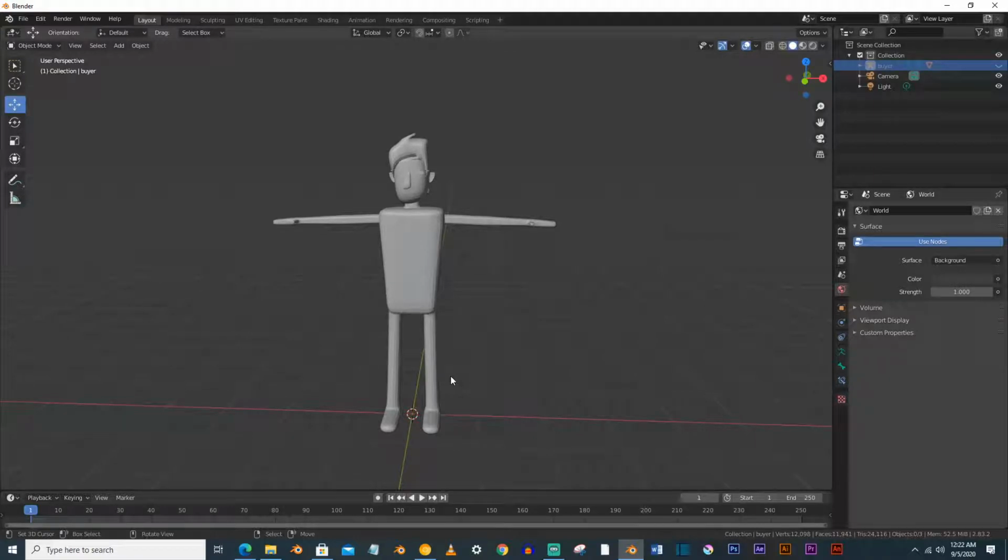Hello guys, today we will make cloth simulation in Blender and we will make a t-shirt and swing it in